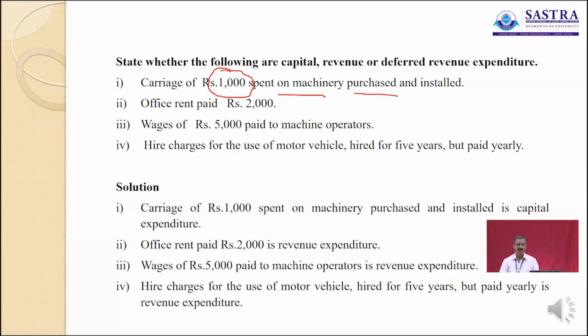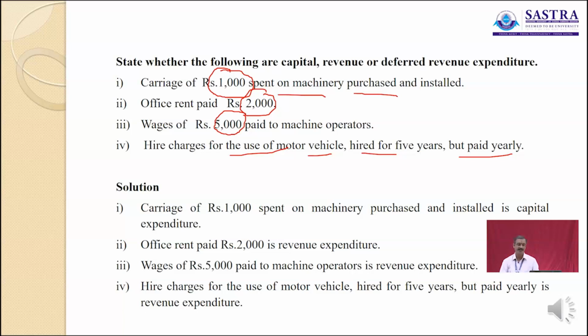One is the carriage amount, the other is office rent paid, the third is the wages of 5,000 rupees paid to machine operators, and the hire charges for the use of motor vehicle hired for 5 years but paid yearly. See, how will you treat all those transactions, and how do you identify whether it becomes capital or revenue or